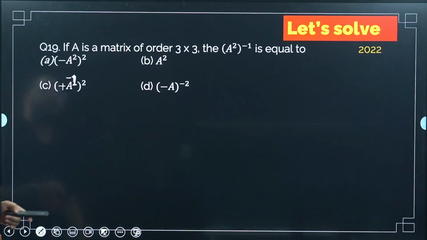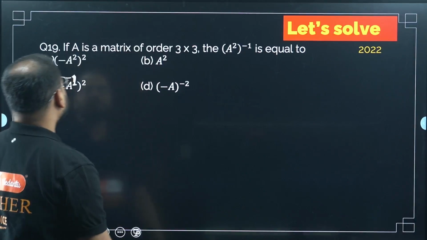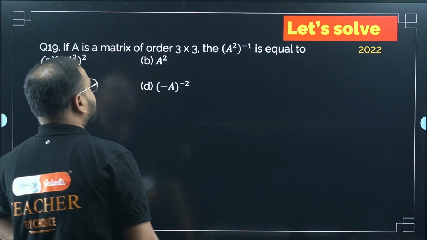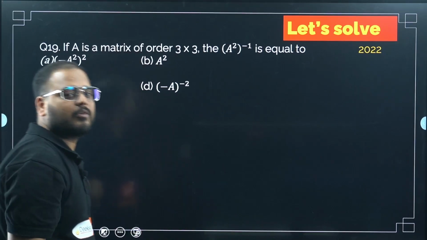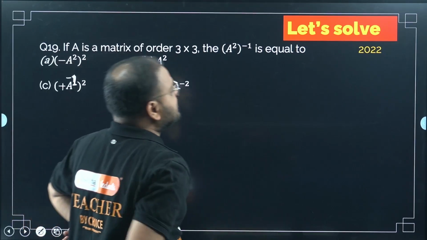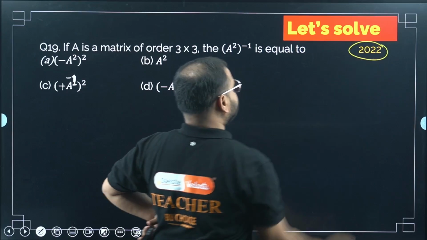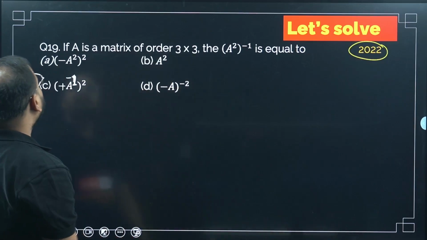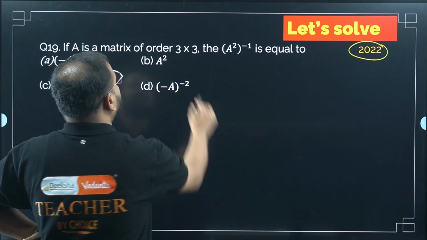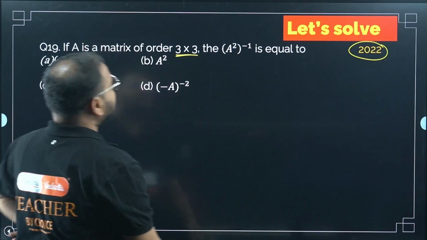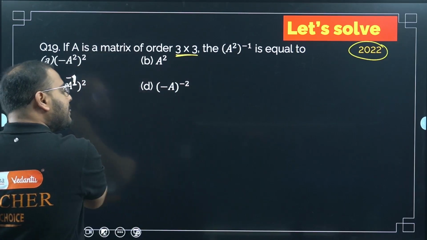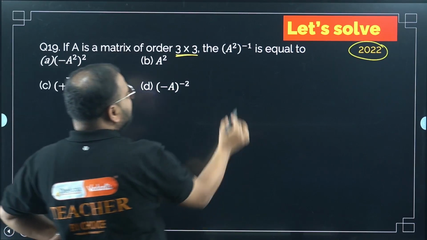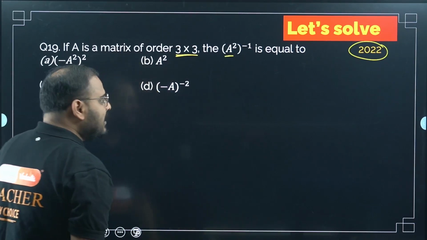Okay. All right. Apart from matrix. So question number 19. If A is a matrix, so maybe a few students got stuck in the 18th problem. So I hope I have cleared the doubt now. Again, this question was asked in 2022, sir. Okay. Let's move on. If A is a matrix of order 3 cross 3, they are saying A square to the inverse is what? Okay. All right. So what is A square to the inverse? It will be some matrix only, no?